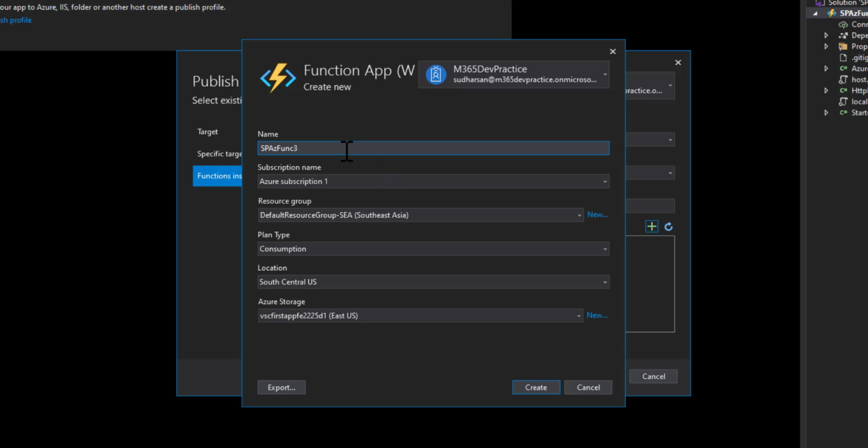So you can choose your own name. It will get validated, and then it will show you whether the name is available or not. I'll give the function app name as SPAZ function 3, with my subscription and the default resource group. So I'll select the resource group,